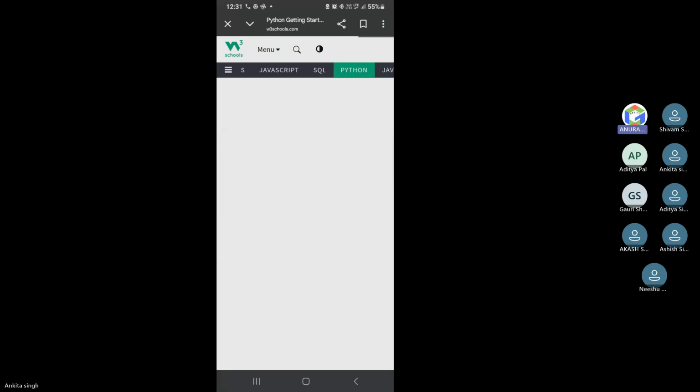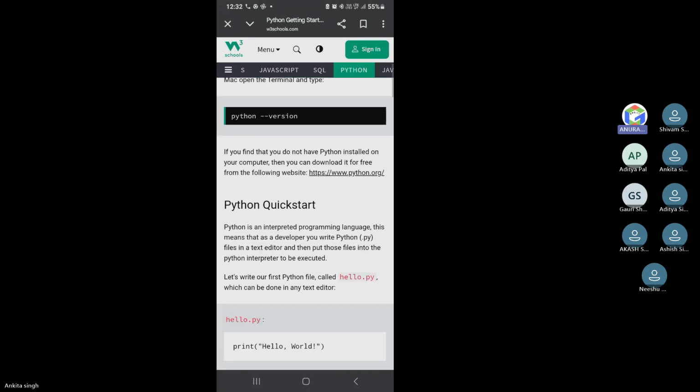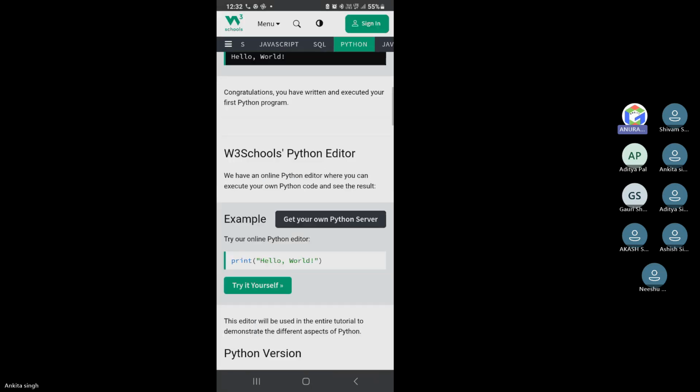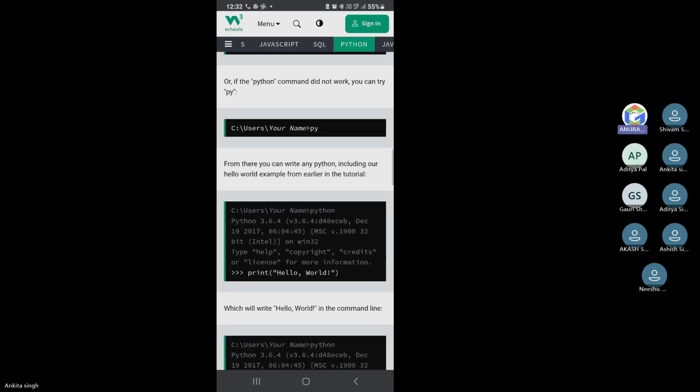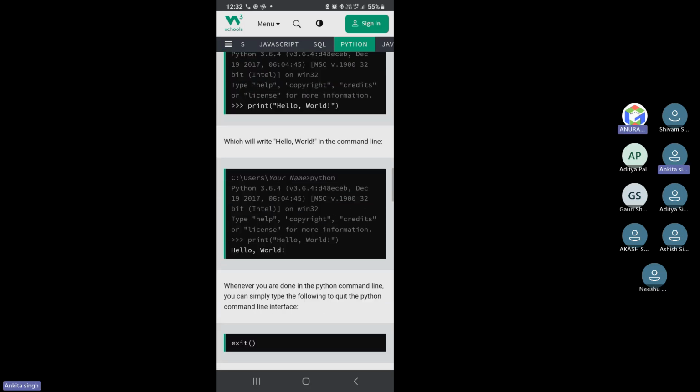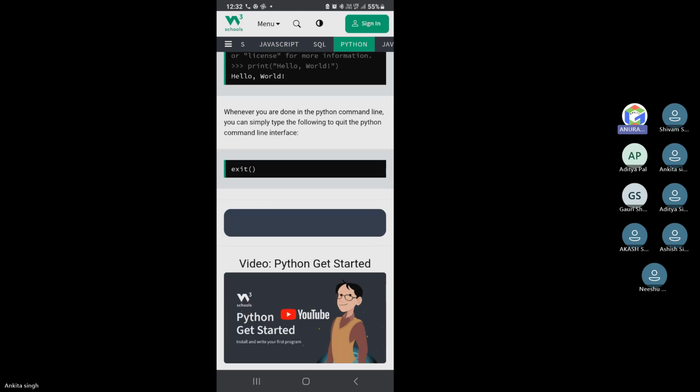Or what we can do, Shivam, you just share the screen and Ankita can present it. Is it okay? I think it is not manageable to share the screen through mobile and work on it.